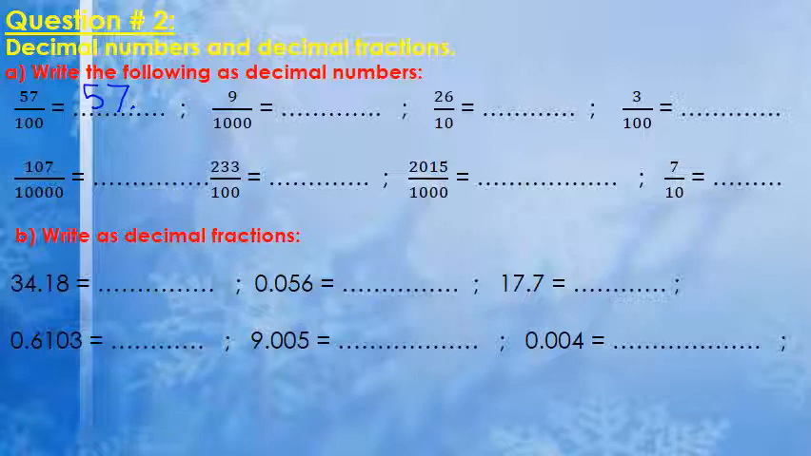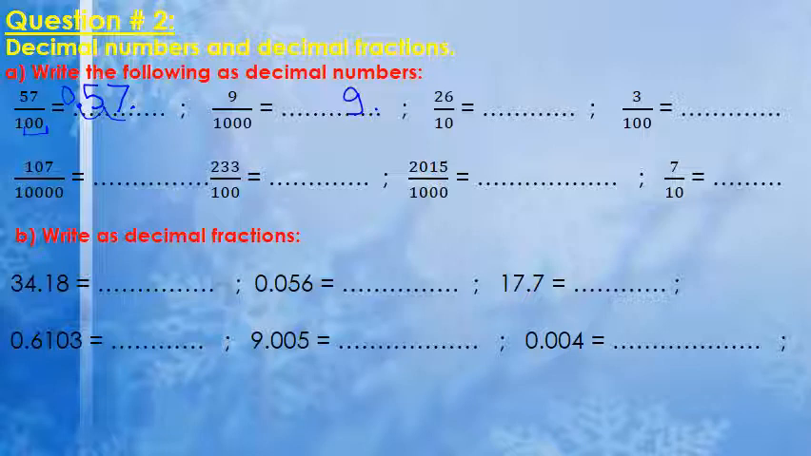While putting our finger, we look at the denominator. How many zeros do we have in the denominator? In the denominator, we have 2 zeros. So we should move our finger to the left 2 digits. 1, 2, it is 0.57. Now 9 over 1000, so we write 9, we put our finger to the right and we